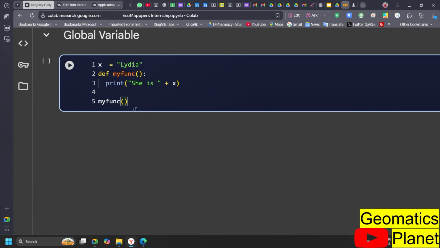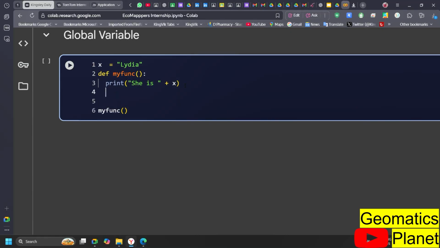So now how do you call it? We are not going to use print again, but we're going to be calling the block of code. What is the block of code we are calling? We are calling the function. And once we call my function, which is what we define here, the output under this block of code will run. So what it means is that if I define another function